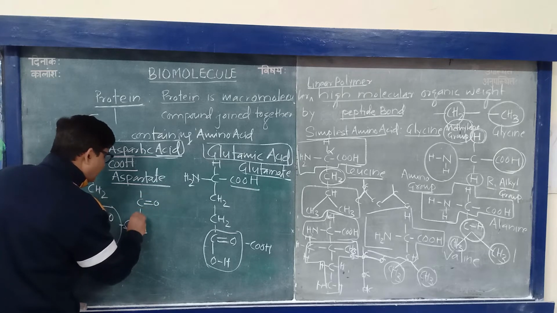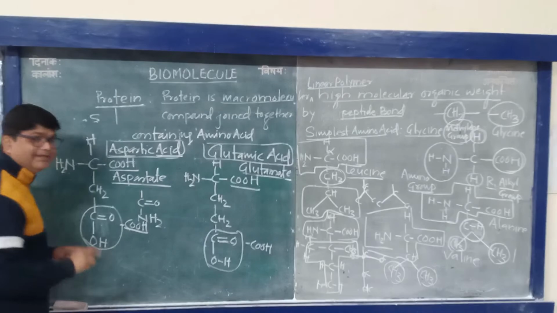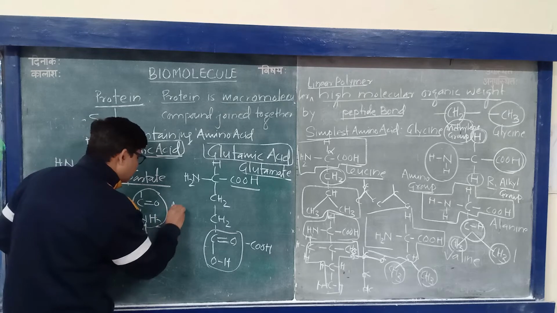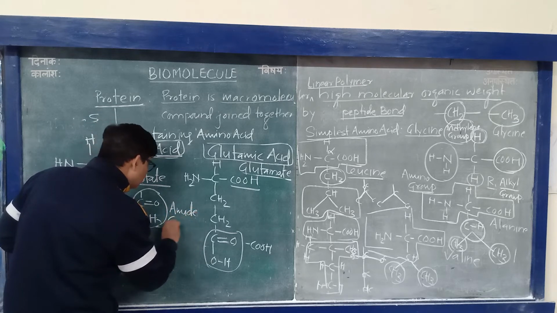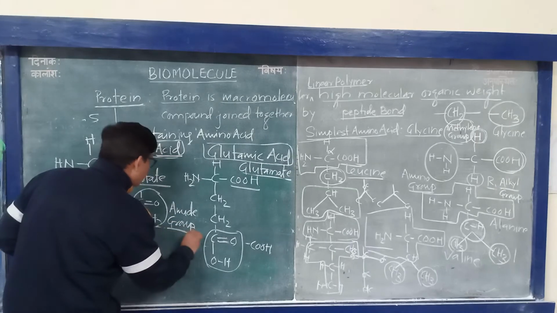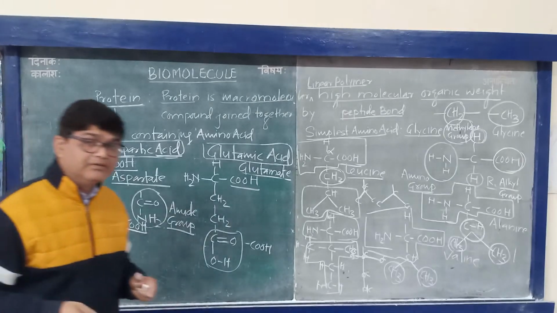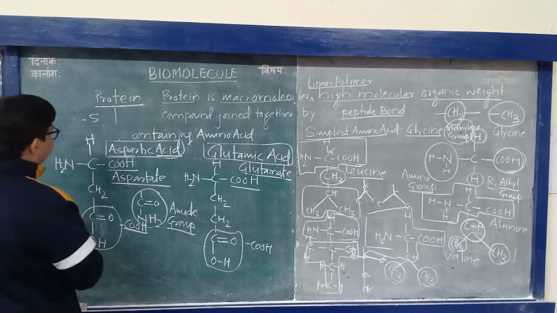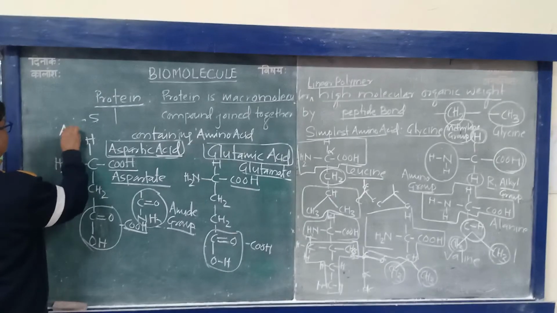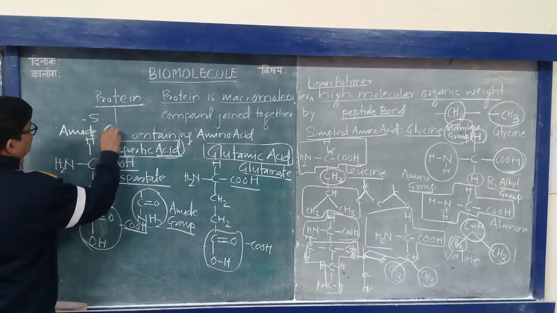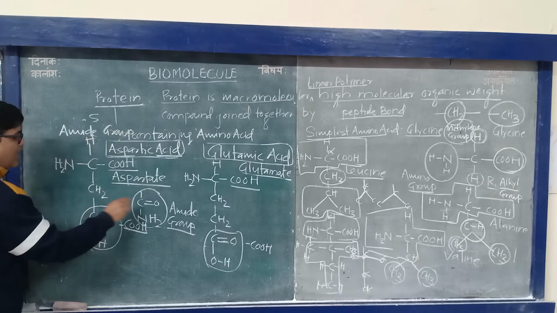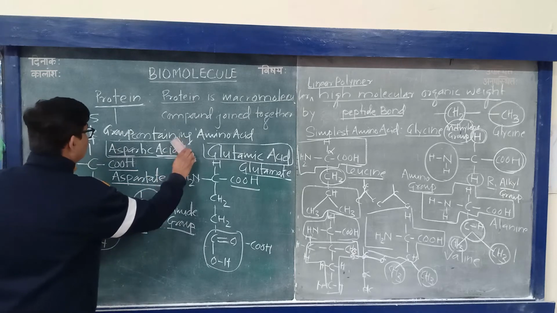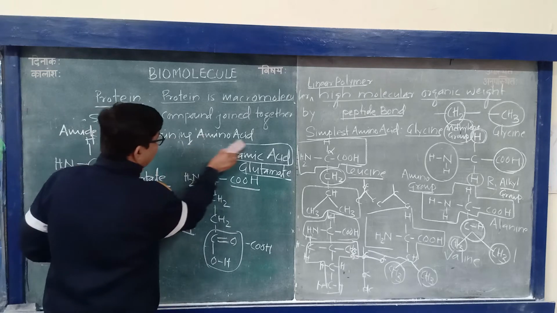CO and NH2 group containing amino acid, that is amide group containing amino acid. The question will ask like that. Okay. So the amide group containing amino acid. Which of the following are amide group containing amino acid? Then you have to write the name like that: